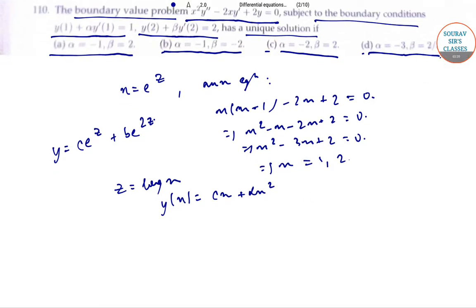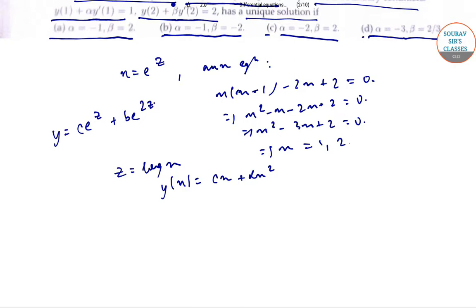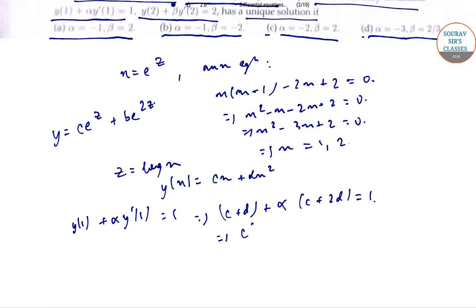Now putting boundary conditions we get y(1) plus alpha y dash(1) is equal to 1, that is c plus d plus alpha into c plus 2d is equal to 1, or c into (1 plus alpha) plus d into (1 plus 2 alpha) is equal to 1,